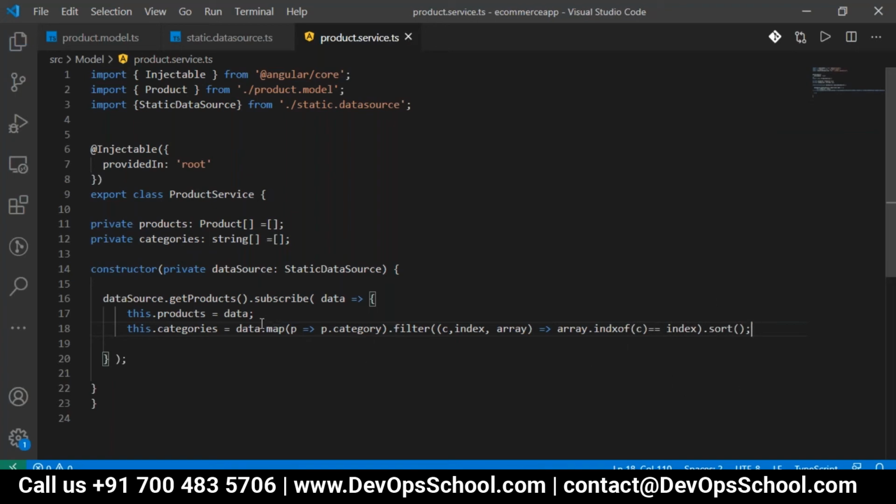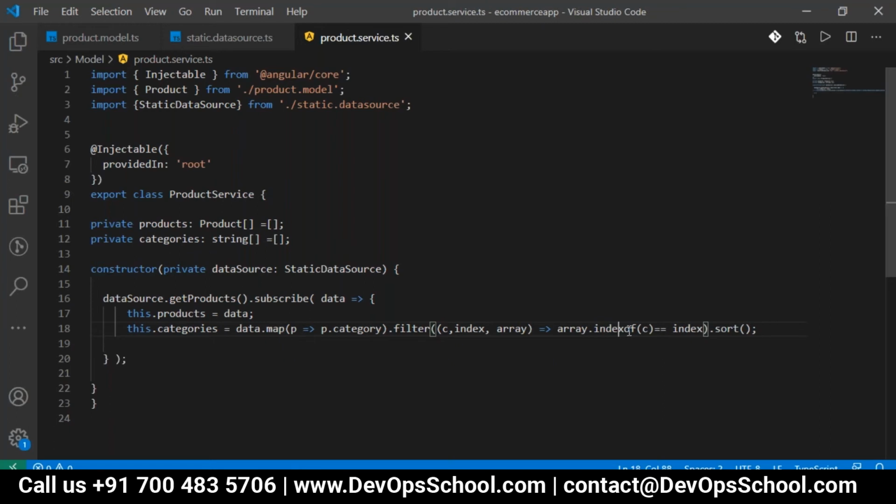That's what we do: we get the complete products array. In that we want to get only the category, for that we have used the map. So when you have an array, and in that you want to get only one particular column, you use the map method. So it will get the category. In the category we are filtering, so categories of an array, and then we are using indexOf, sorry, I made a spelling mistake. Yeah, the indexOf method.